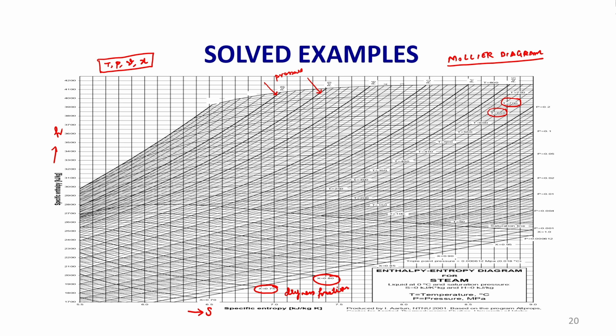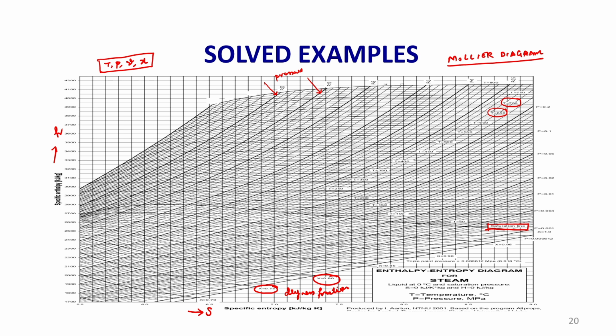I will explain the regions which are there in the Mollier diagram. Primarily there are 2 regions. So, you can see one saturation line. This is the saturation line which separates the 2-phase region from the superheated region. The region above this saturation line is the superheated region, and the region lying below the saturation line is the 2-phase region,